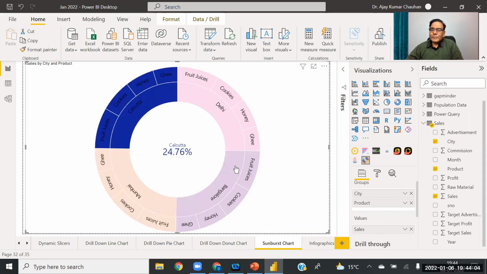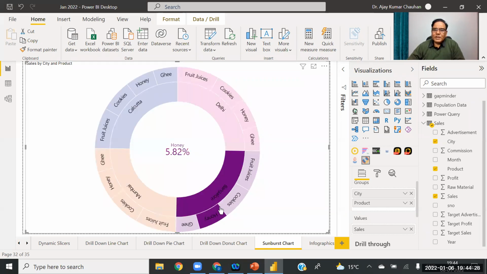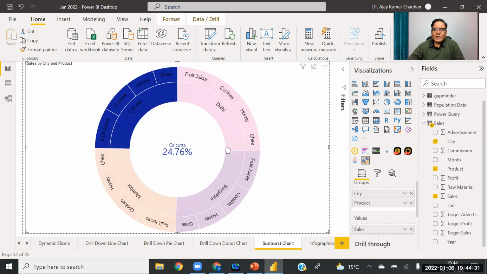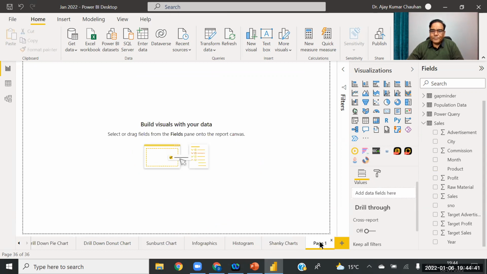So this is a unique way to represent your answer by making this chart. This chart is called the sunburst chart, and it is a unique kind of chart which gives you the answer in percentage, right? Even by a single click. Single click, answer, single click, answer, like that. So this is known as the sunburst chart. It's an advanced chart. And now we are moving to the last chart.